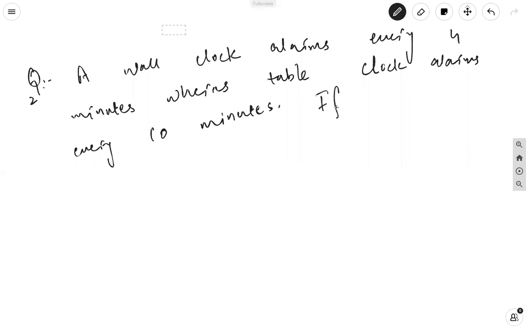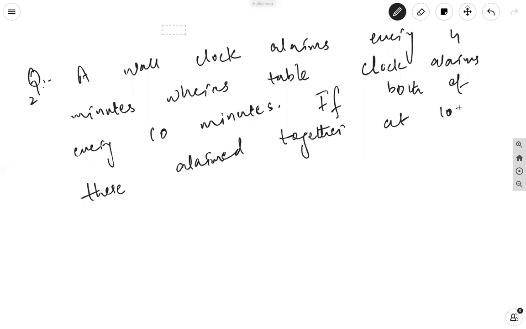The question says that if both of these alarm together at 10:15 a.m. of the morning, the question says which of the following would be the time